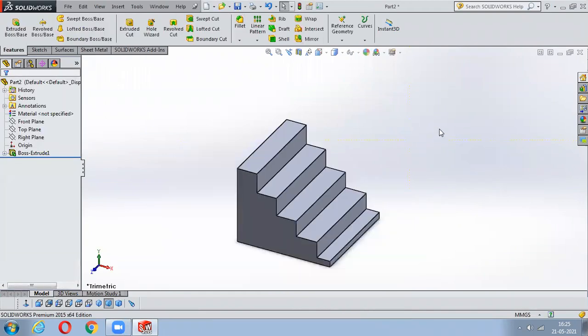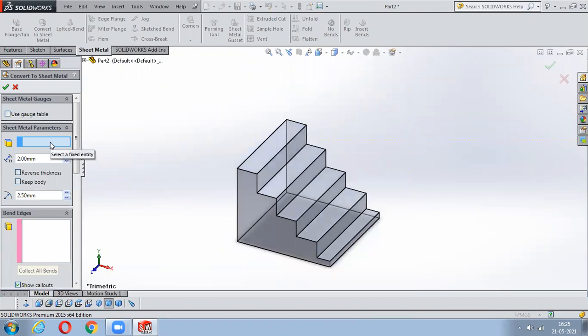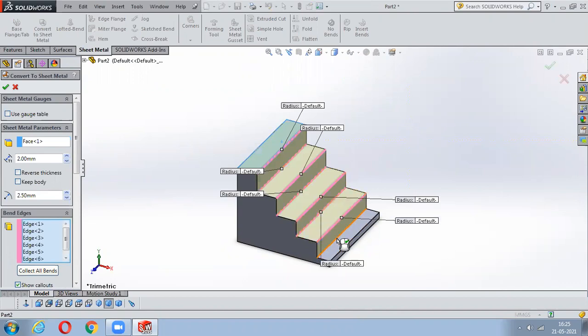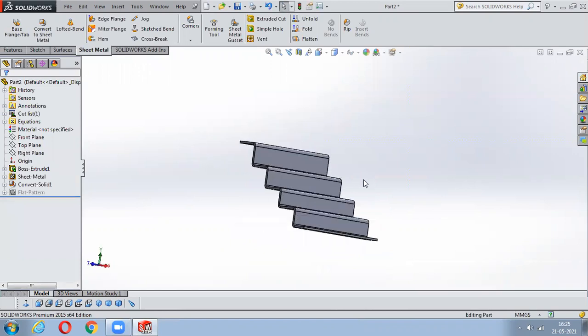Now I'll just move to the sheet metal and I'll say convert to sheet metal. So now it will ask you for a fixed entity. So this will be my fixed entity. Now I'll just go on selecting the edges, and you can notice a dark pale yellow colored part is being created. So once it is done, you can just vary the bending radius as well as the thickness of that sheet metal what you are going to extract from this solid. Once everything is done, just say okay to this. So you can see it has been converted into a sheet metal. Got it? Any issues?